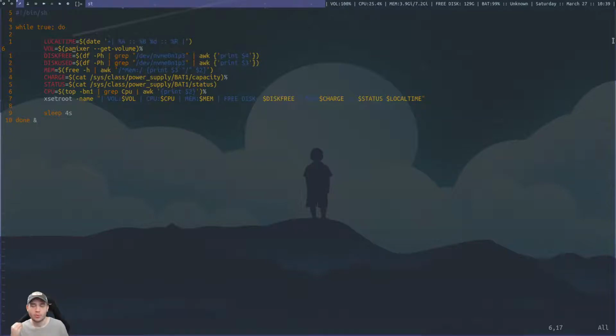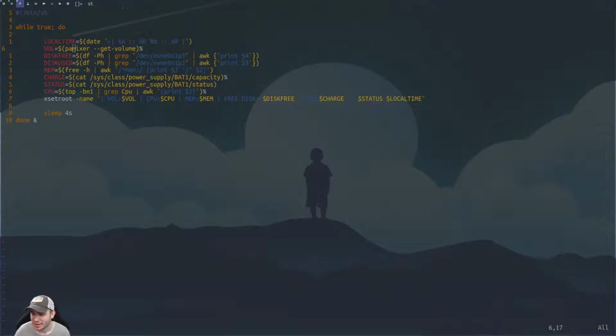And one of the things that I'm really liking about bash scripting and just Linux and DWM in general is the level of not just control and customization, but also I know how all this stuff works. And it's not even just that I know how it works, it's also extremely fast. Like having this here is